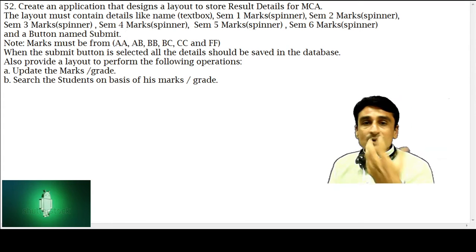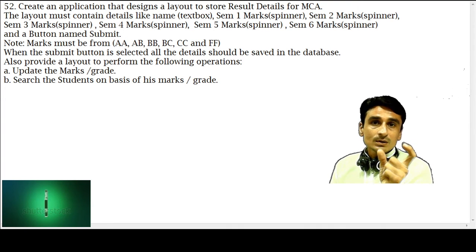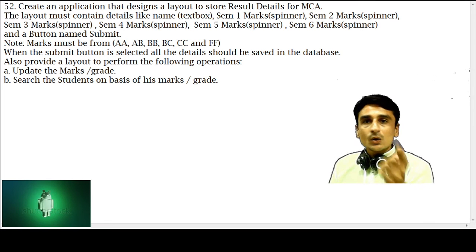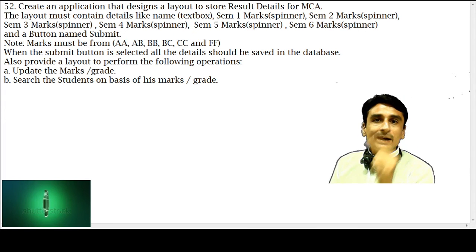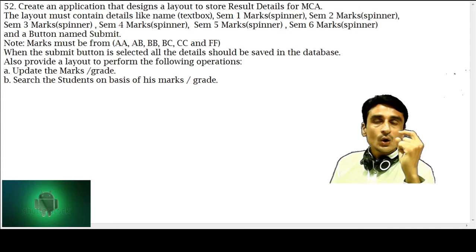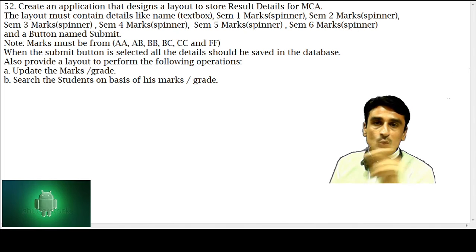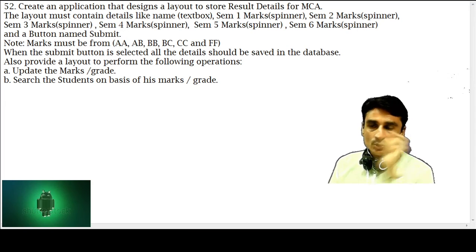And for capturing the enrollment number from the client, we will use a custom dialog box, in which we will present the client with an edit view in which he can enter the enrollment number, and on clicking submit, the record will be searched from the database, and if that record is available, we will show that record in the layout. In that layout, when the record is shown, the enrollment number and name fields will be disabled. So the client can only look at those fields, and the remaining spinners will be enabled to change the marks. Okay, in this manner we will perform the update operation. So let's start.